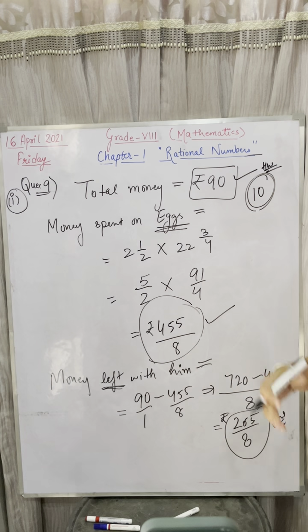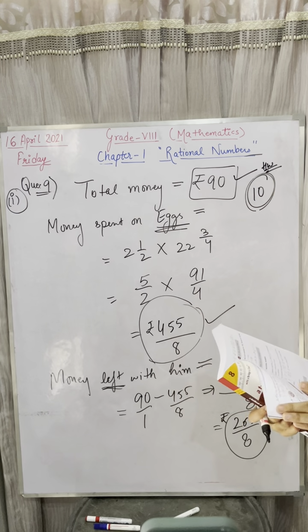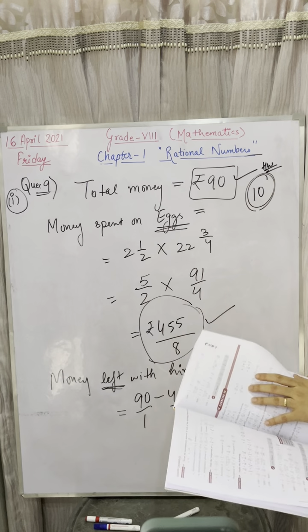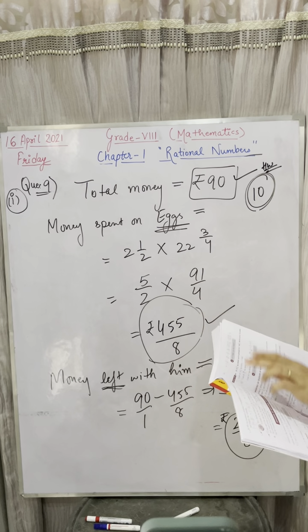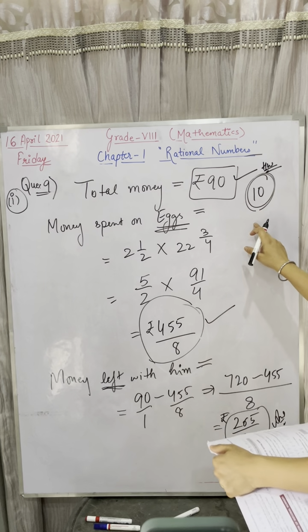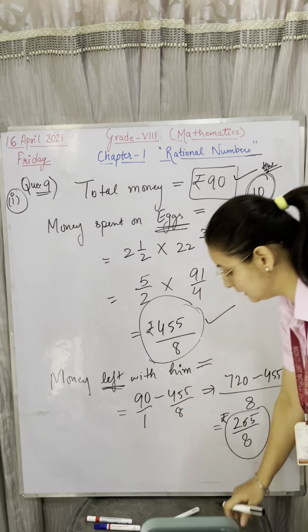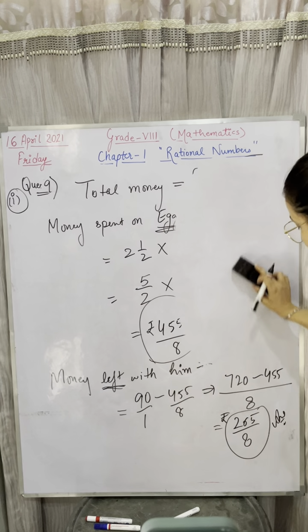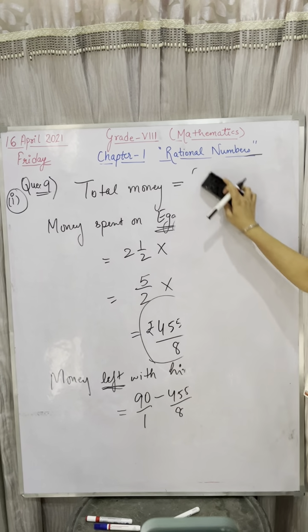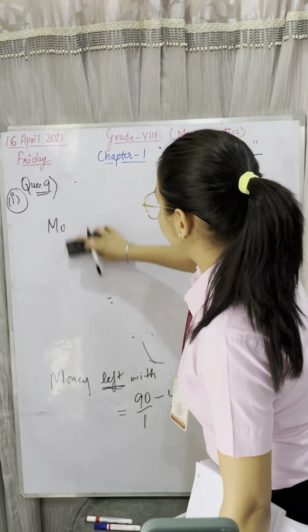I have given 2-3 parts earlier, and I'm repeating that: the 6th question first part, the 7th question second part, and the 4th part. Now I'm giving you the 10th question for the homework. Very good. You have to practice 3 to 4 questions today. The rest I'm telling you now.